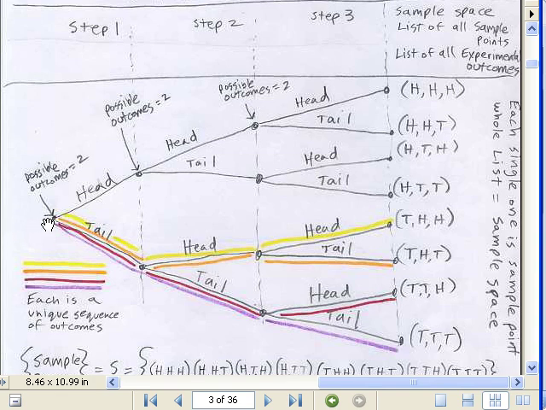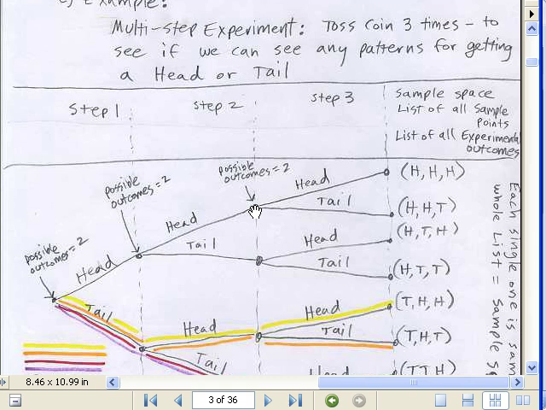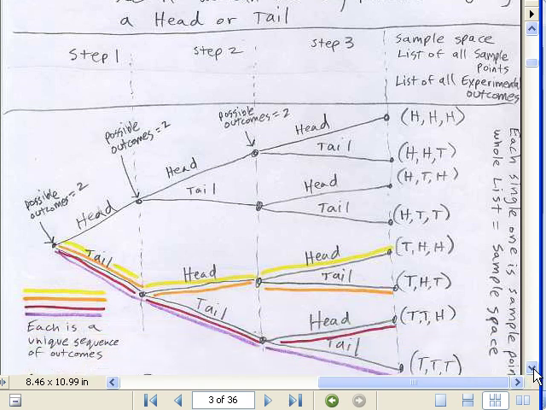You start here. Possible outcomes, what? When you flip a coin. So our experiment is going to toss a coin 3 times. And ultimately, later, we'll figure out what the probability for getting 2 heads is, for example. Flip, flip, flip, 1, 2, 3. We're ultimately, after defining lots more terms, interested in things like what's the probability of getting 3 heads. But right now, we just want to list all the sample points.